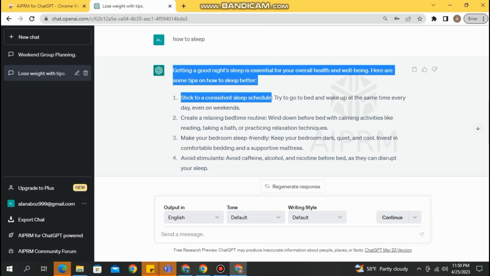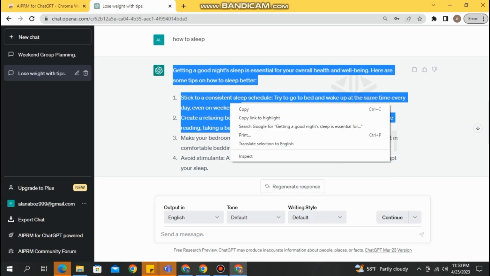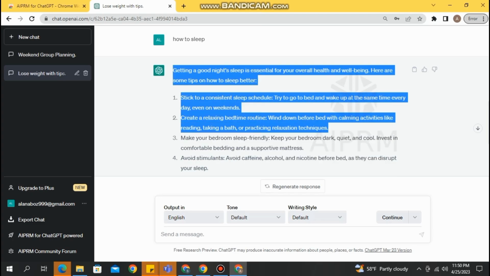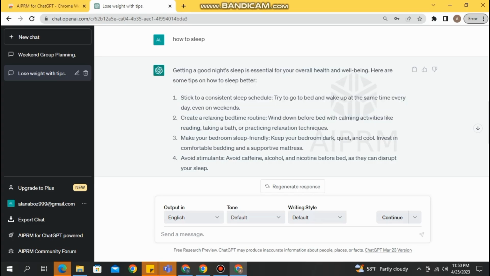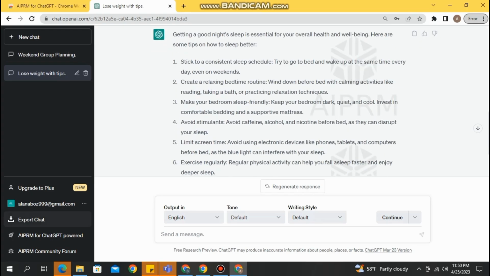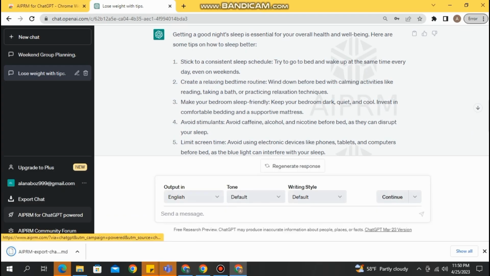Now, obviously, you have the option to copy it like this, the normal way, but this is not practical in every case. So, there is a simple way to do so. On the left hand side, you can see the option of export chat. This option may not be visible for normal ChatGPT accounts,